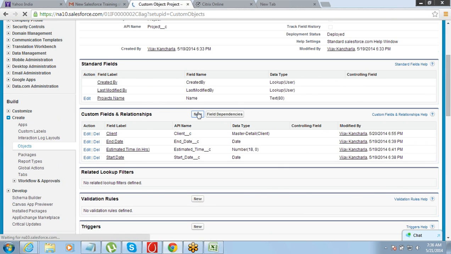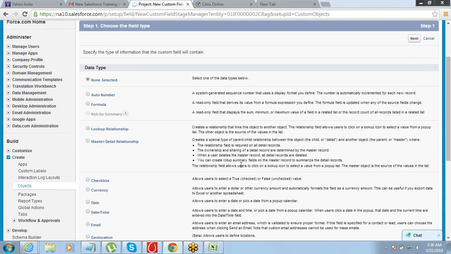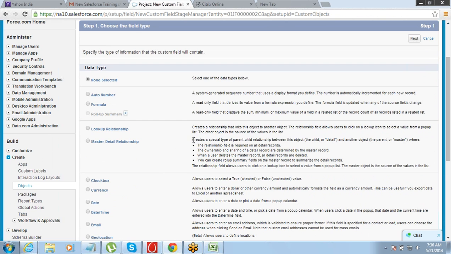When you try to create a new relationship field, here also you get to see lookup, master detail. So all the differences that I told you are pretty clearly mentioned here. So you can just refer to this and then create your relationship field. Alright. So I think that's fine. So we'll just